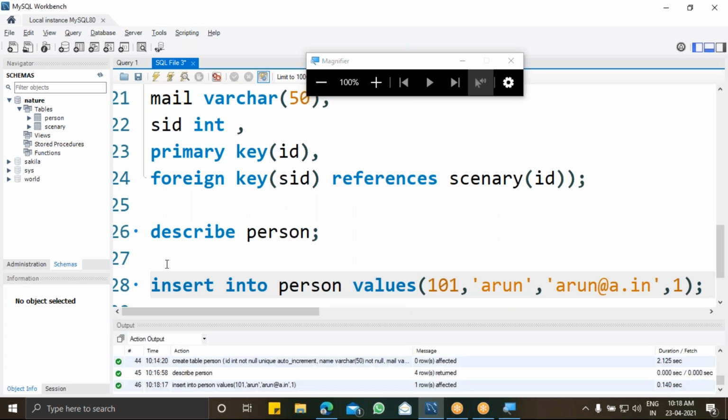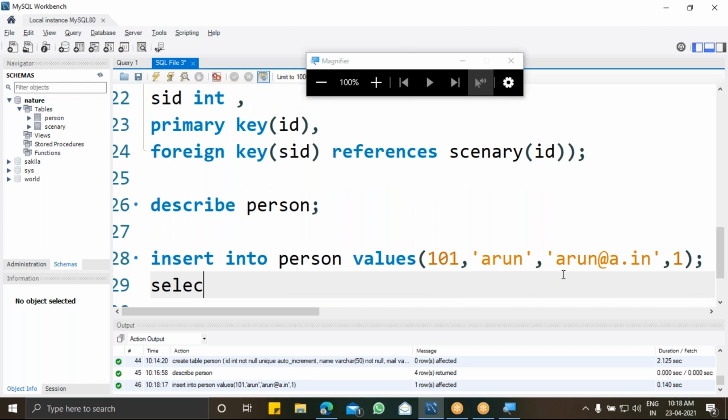Since the primary key which we set is going to be the person ID, and the person ID is not already initialized, I'm keeping the first value as 101.